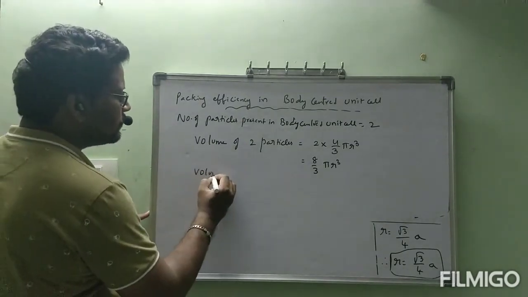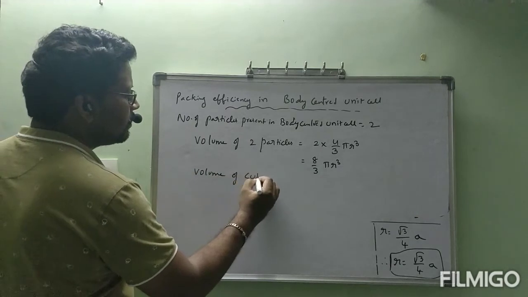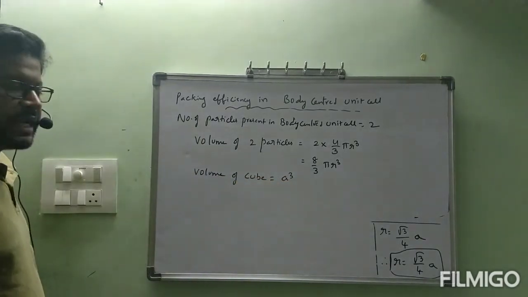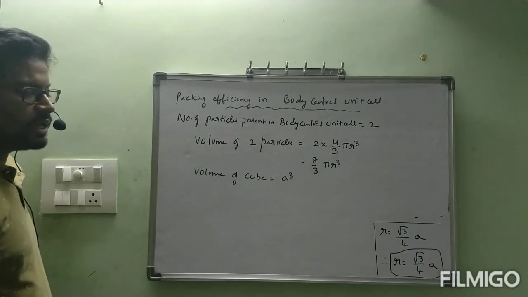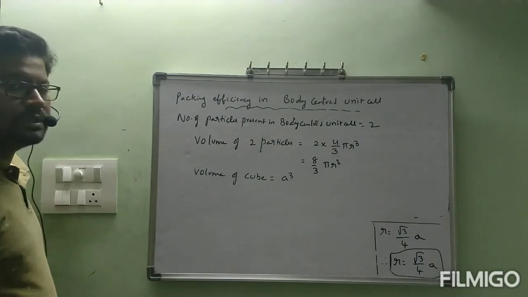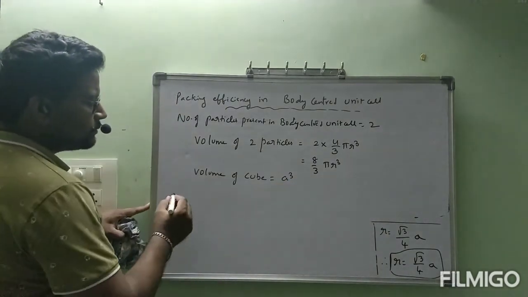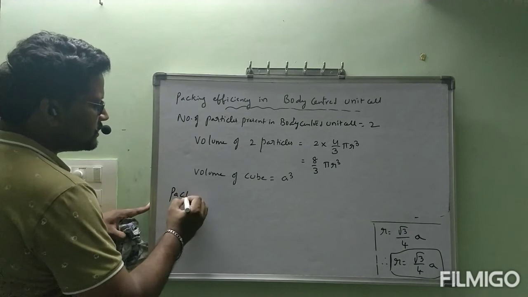Volume of cube is equal to a cube. Side length into side length into side length, that is a cube. Volume of cube is equal to a cube. Volume of 2 particles equal to 8 by 3 pi r cube. Then packing fraction is equal to,